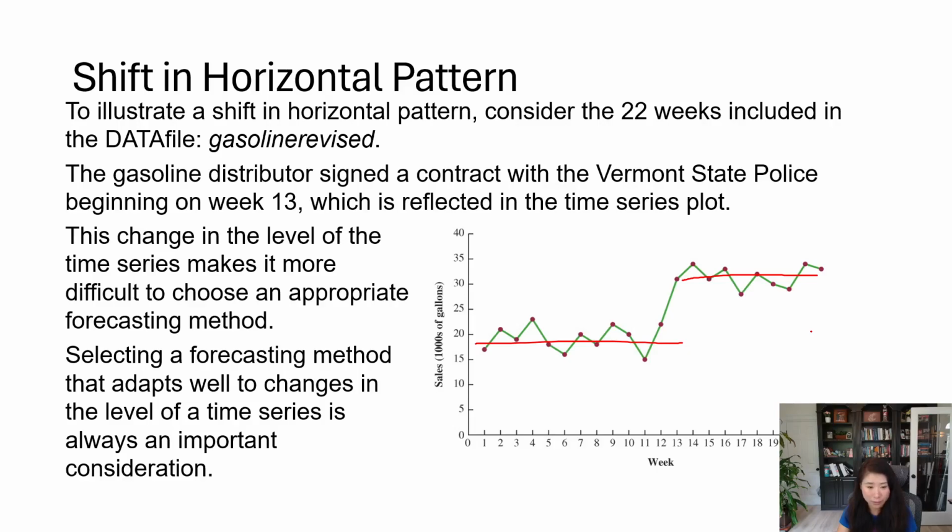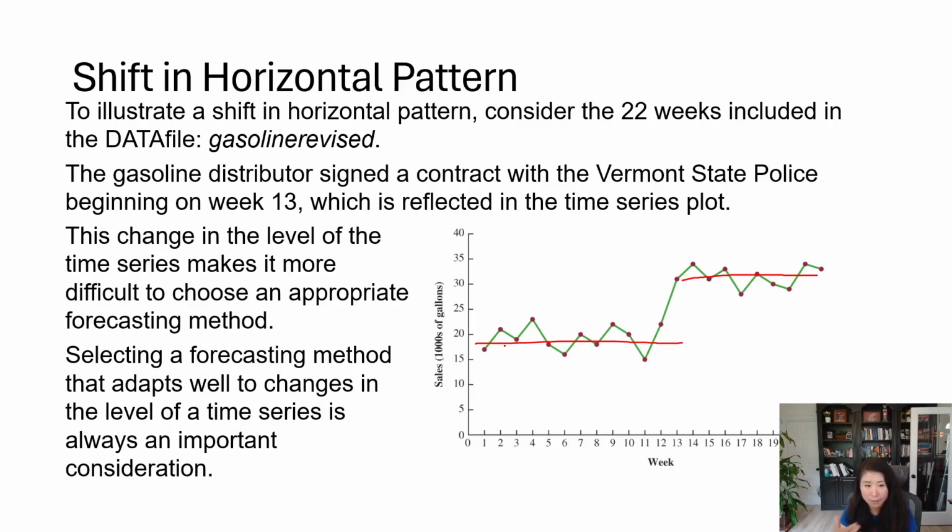the line kind of changed. It is still a horizontal pattern, but it's at a different level. So in this situation, we call it a shift in horizontal pattern. This change in the level of the time series makes it more difficult to choose a proper forecasting method. So selecting a forecasting method that adapts well to changes in the level of a time series is always an important